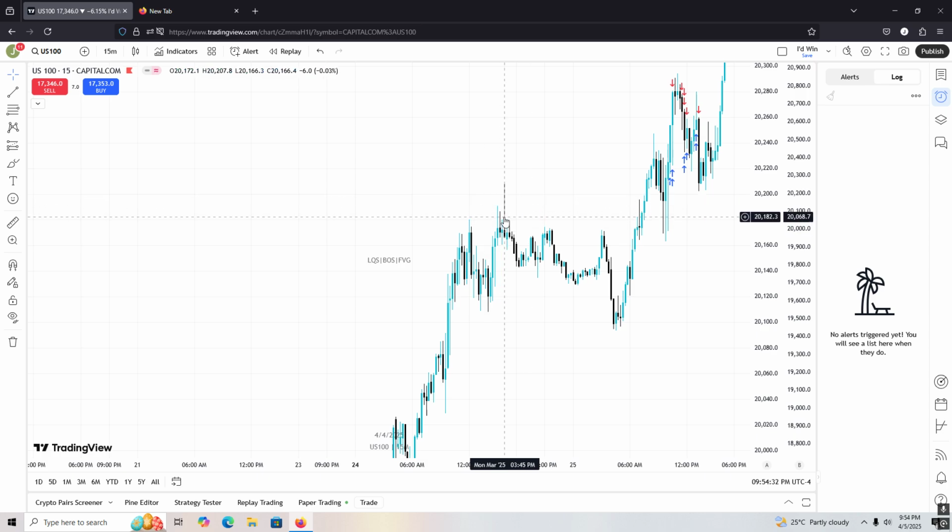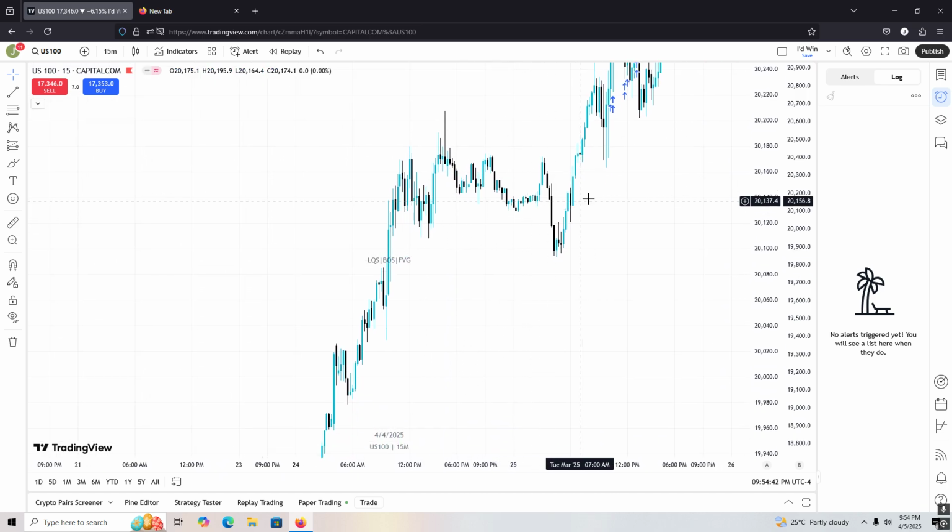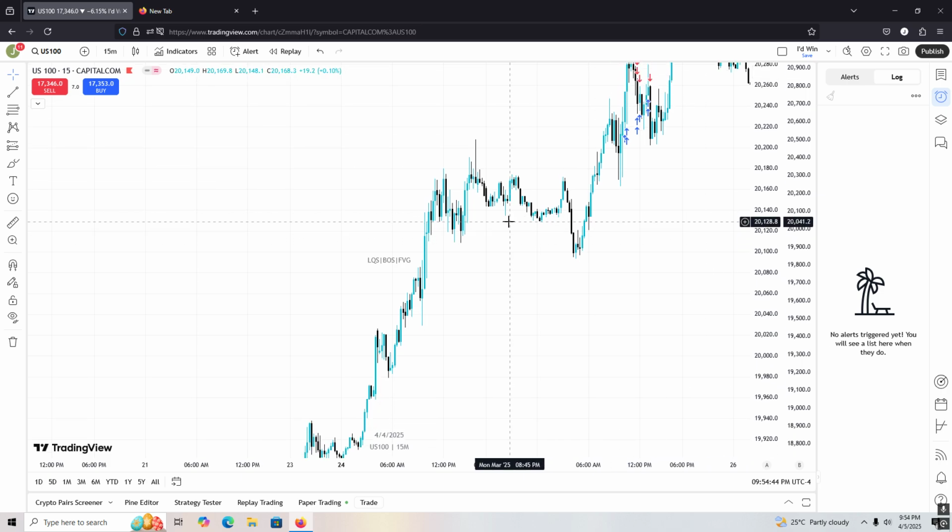Just because you see something like this happen doesn't mean that a liquidity sweep happened, like with the fabric structure, they enter and then target and so on. Some people will see a liquidity sweep and just enter one time. Remember, as I said in the last video, it's up to a 90% chance of you winning if you actually do it correct. But yeah, I don't know what direction the market wants to go.